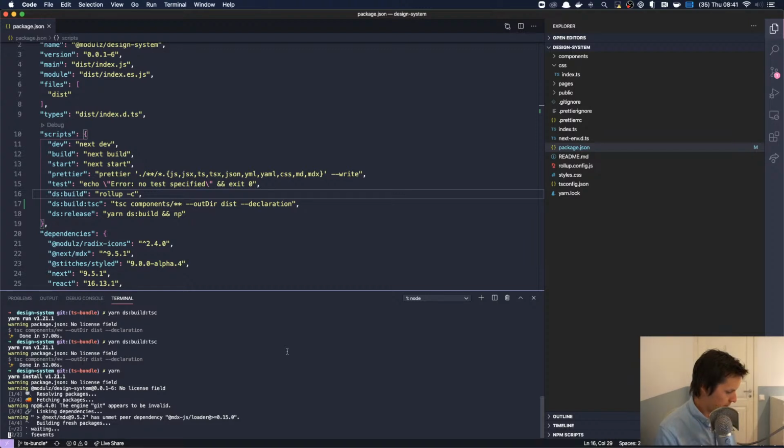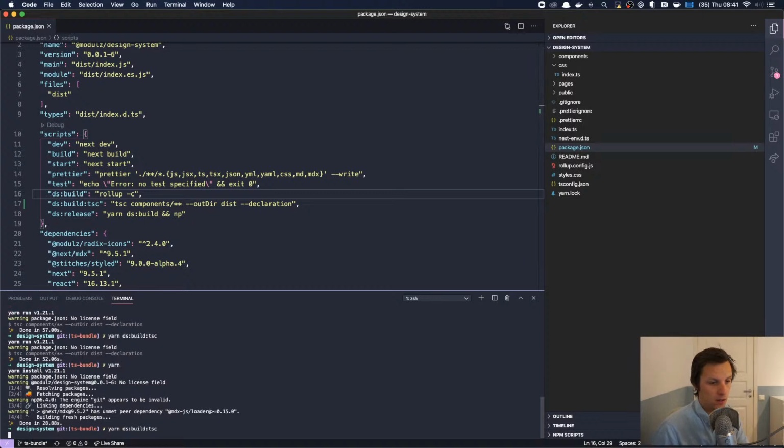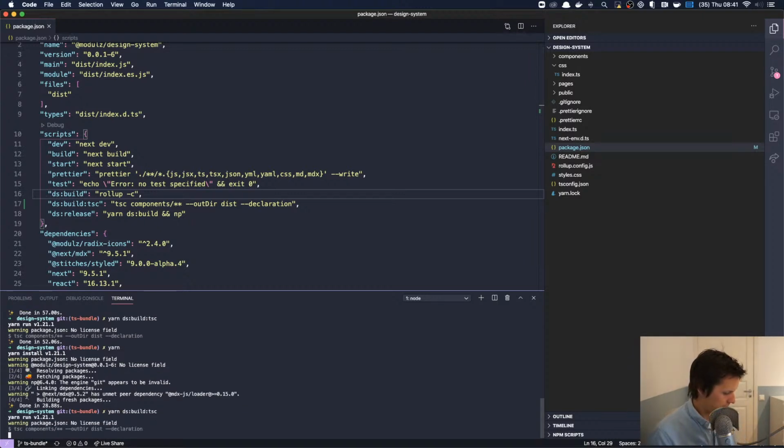No. TypeScript 4 is part of the... No, I don't understand anything. Why is it so slow on my... Well, I know why it's slow, because it builds like 10 times as much typing. But why does it do that with the same setup? That makes no sense.